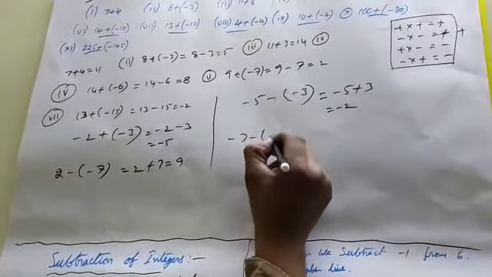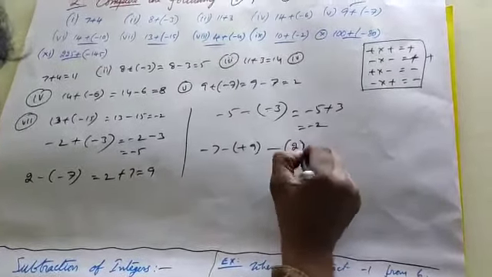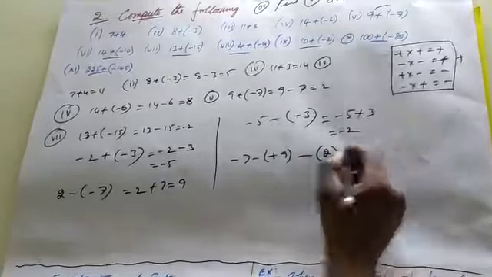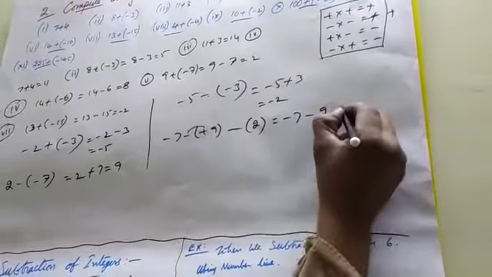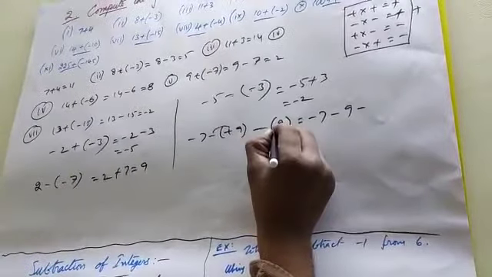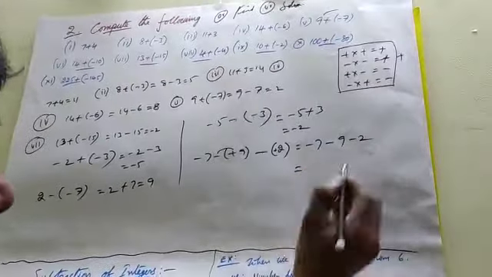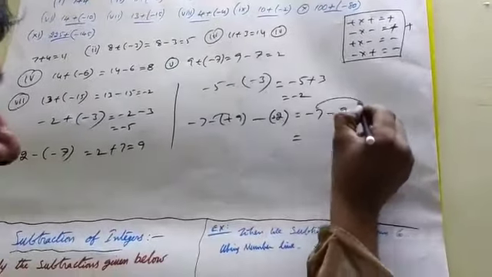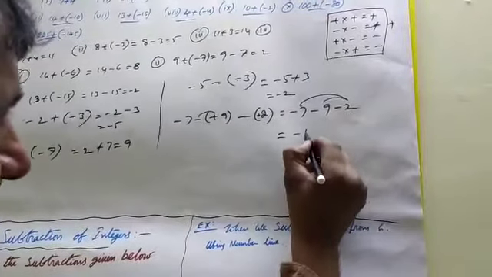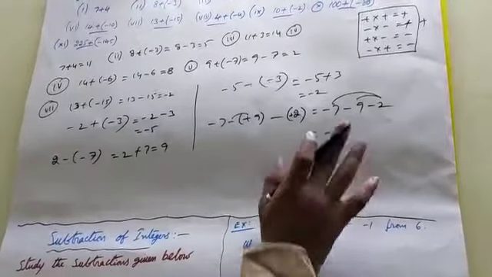See, minus 7 minus of plus 9 minus of 2 is equal to what? Same process, minus 7 minus into plus minus 9 minus nothing is symbol, this is plus symbol also, therefore plus into minus, therefore minus 7 minus 9 minus 2. What is minus 7 minus 2? Therefore minus 9, minus 9 minus 9, minus 18. So many examples, right.